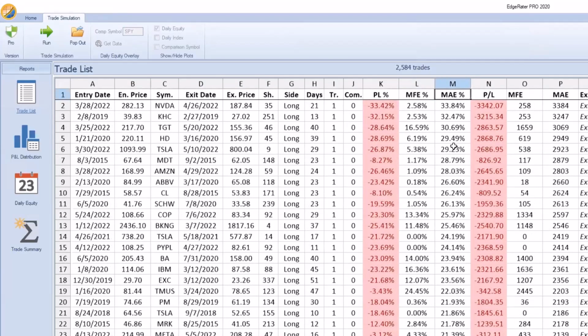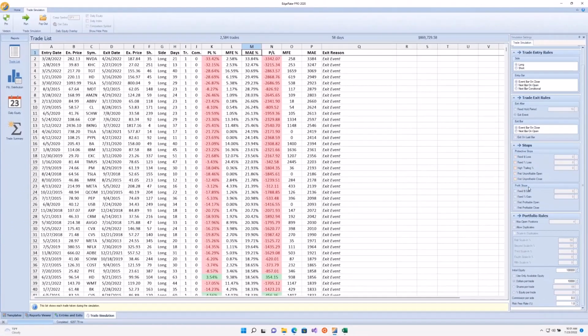Maybe I want to cut out those trades that, if they get down to 20% adverse excursion, I could choose to use a stop here. And I could choose to set in a protective stop of a fixed percent loss of 20% in here. And if I run this again now,